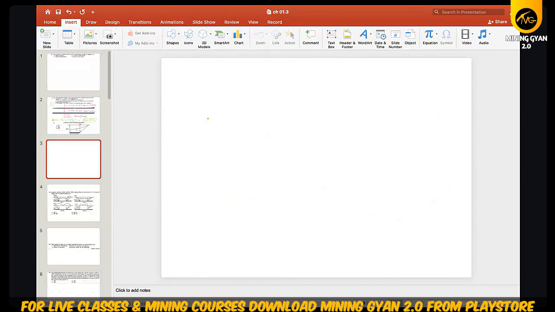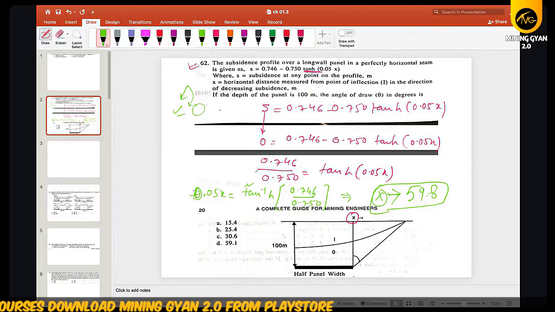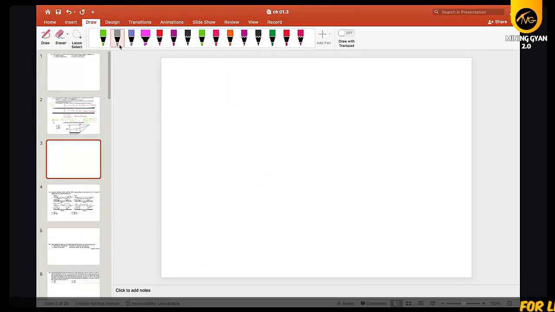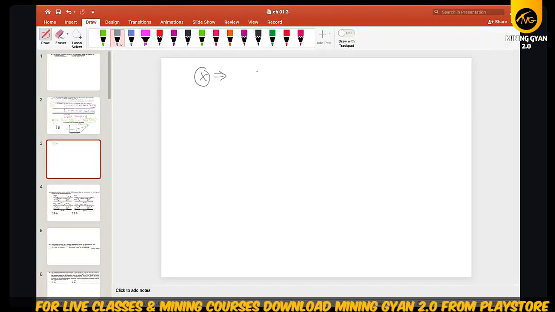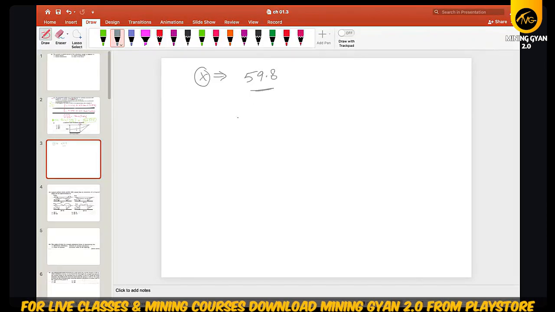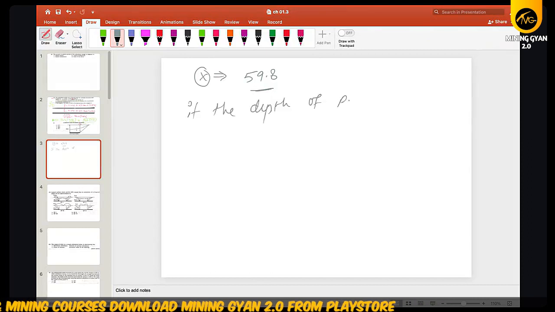Now what has he asked? x is the horizontal distance measured from the point of inflexion. So we have calculated x, which is the horizontal distance measured from the point of inflexion. So x we have calculated 59.8. Then if the depth of the panel is